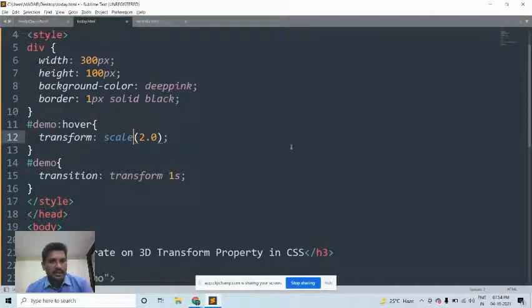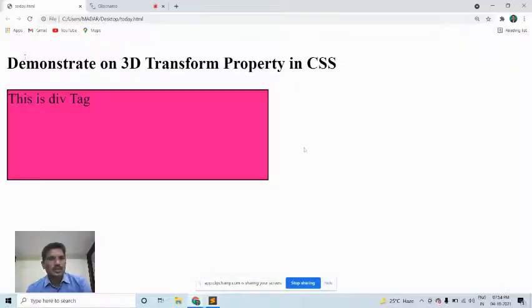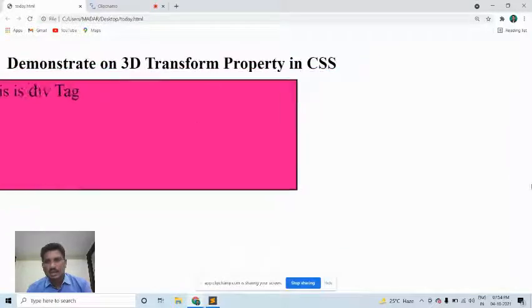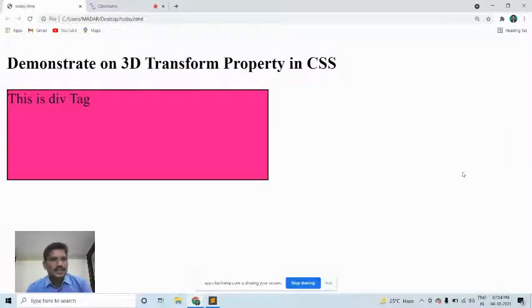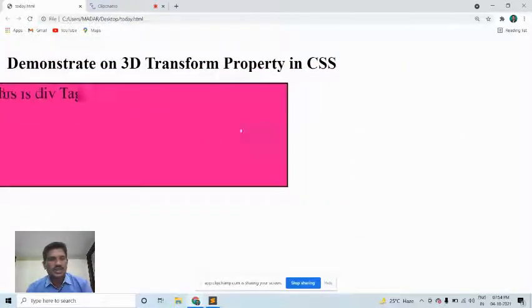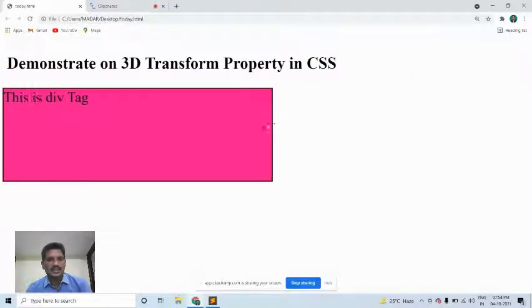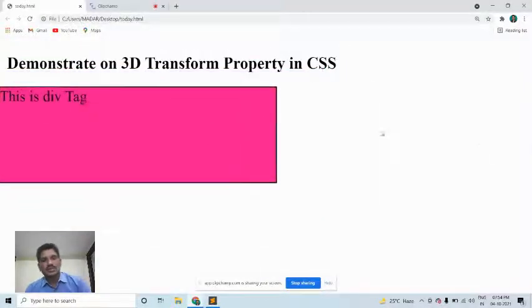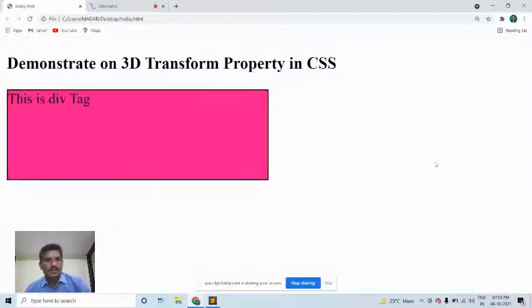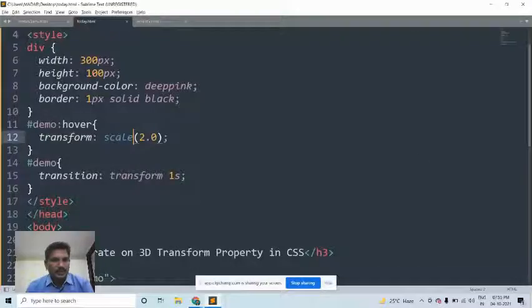Because we have the X direction and the Y direction, if you just use scale, both will be performed at the same time. Transform: scale 2.0. Let's see here: both have been performed at the same time, scaleX and scaleY. Previously we used only scaleX and scaleY separately. At this time I used both. If you want to perform both at the same time, just use scale only. Like that, we did it for rotate also. The object is scaled in the X direction and Y direction with the given value 2.0. Please see how it has been performed. Like that, you can do it in your own way.